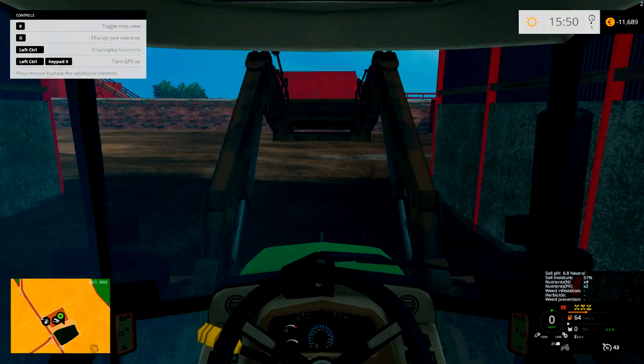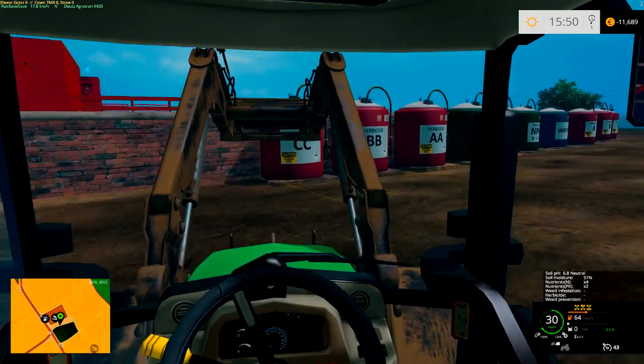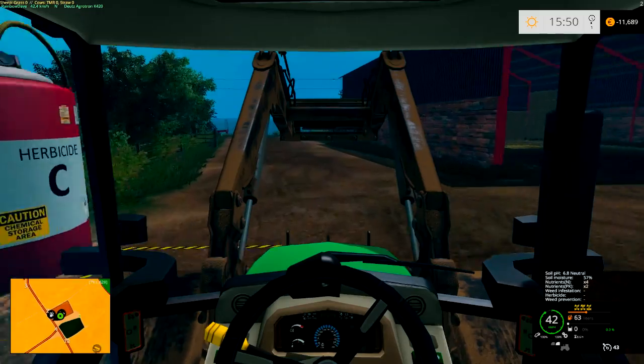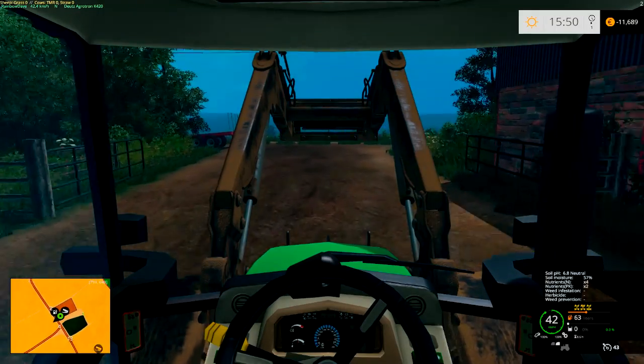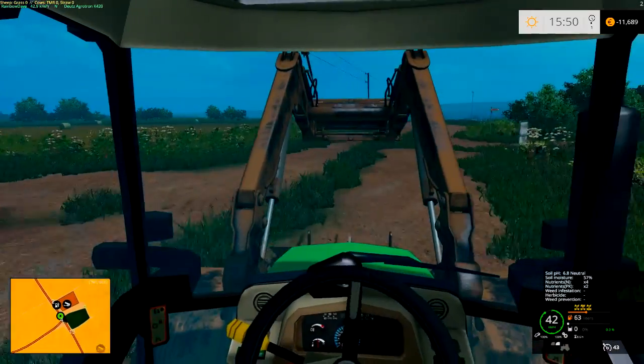So let's get in, turn on the tractor, and let's go. So I haven't used the compost master at all yet, ever, on any farm. So this is why I'm popping my cherry, if you will. So let's grab a bale here,